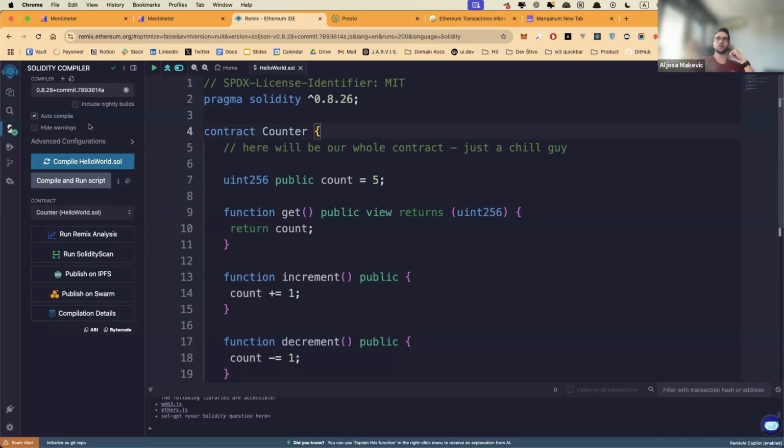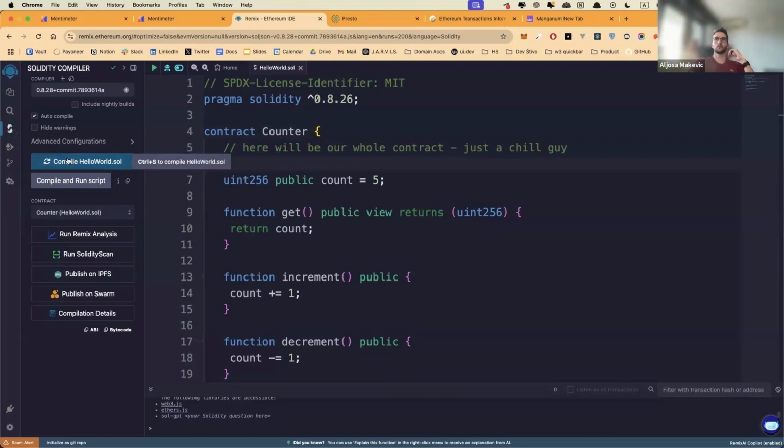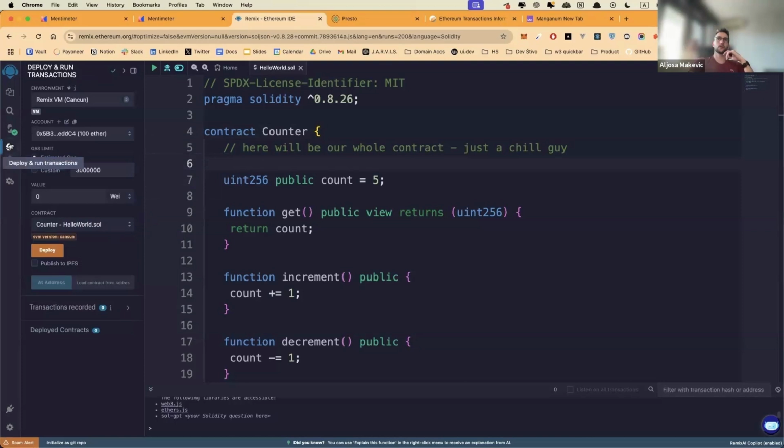And if there's an error, that's where it will be telling you, hey, something's wrong. So see, if I forgot to put brackets here, I'm going to have an exclamation point here. And it says, hey, I'm expecting you to start these brackets because it doesn't make sense to write counter and then uint. So then I'm going to see, okay, it won't compile because I'm missing this. So now it's okay. I can say compile manually.